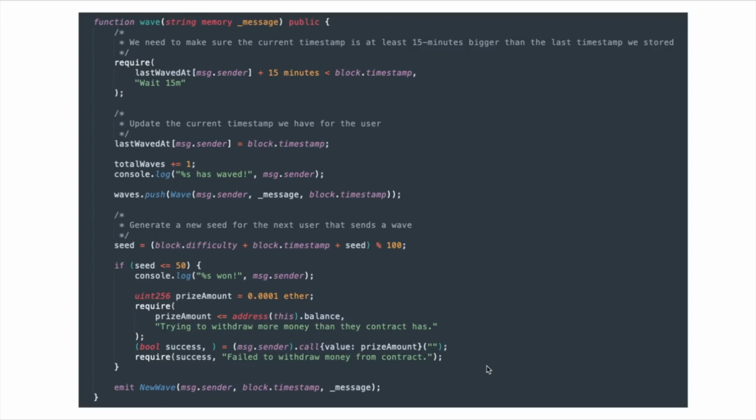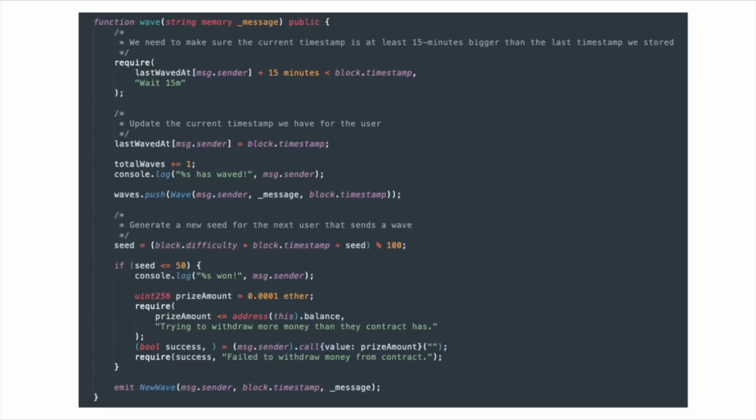Now about the seed variable. The random number that we're generating from seed is used to make sure that random people get the prize ETH. However, random numbers aren't actually random. In standard code, the computer pulls numbers from different parts of the computer and gives that as a random number. But since on a blockchain everything is transparent, one could see how the computer is generating that random number. So we have to create the number differently in a blockchain.